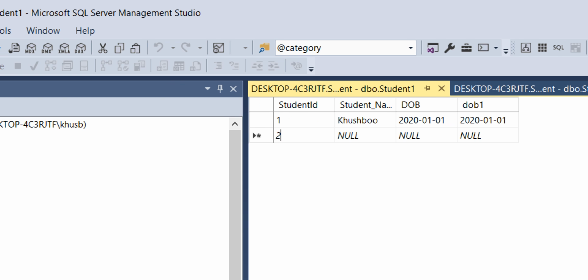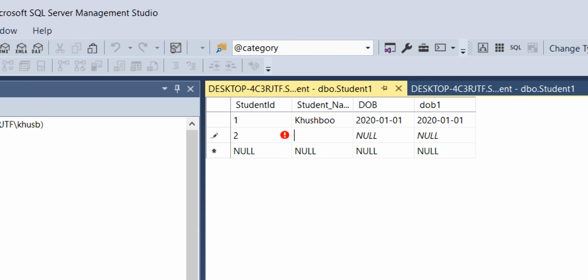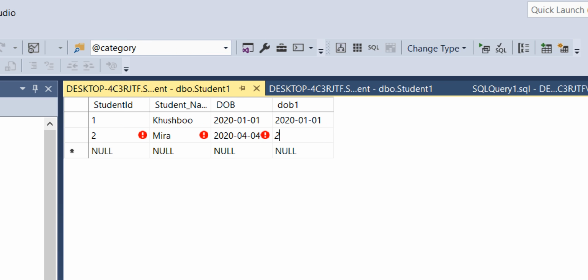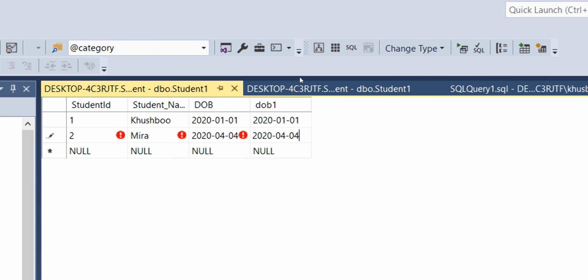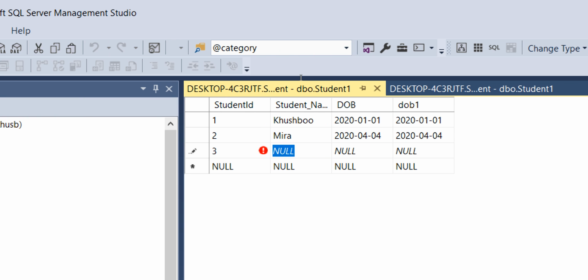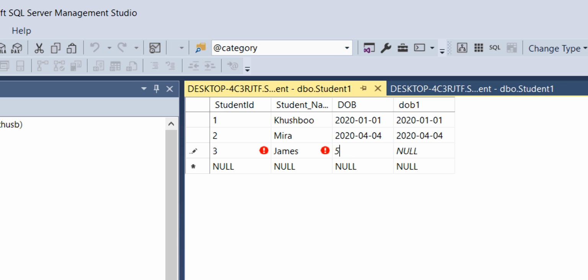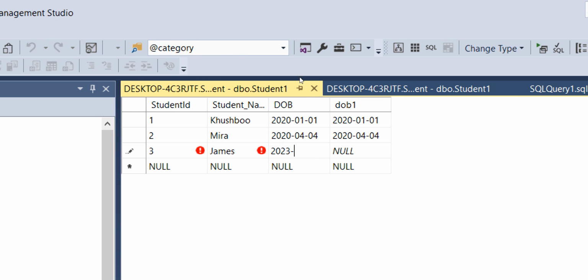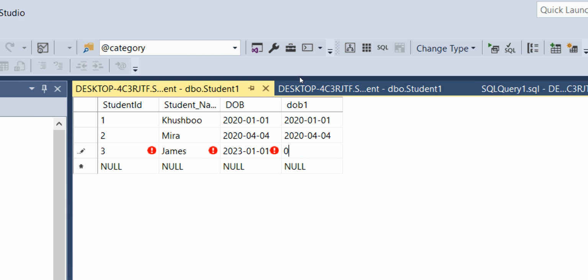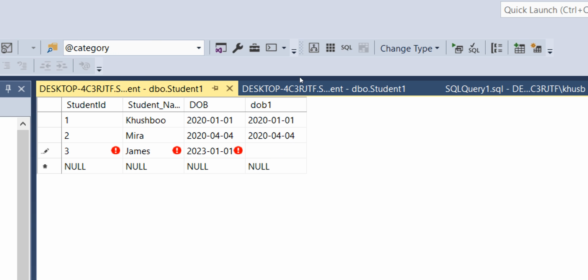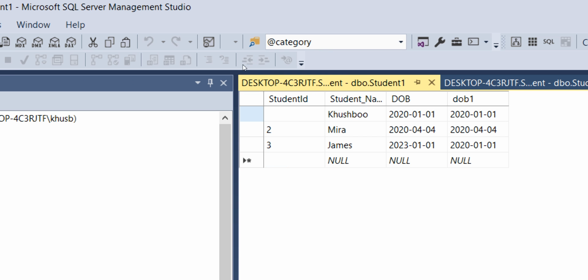Now the second student is Mira, and her DOB is different, and student ID 3 is James, and his date of birth is different. So for now we have three records in our student table.